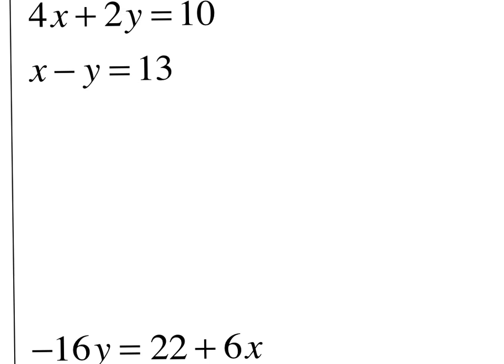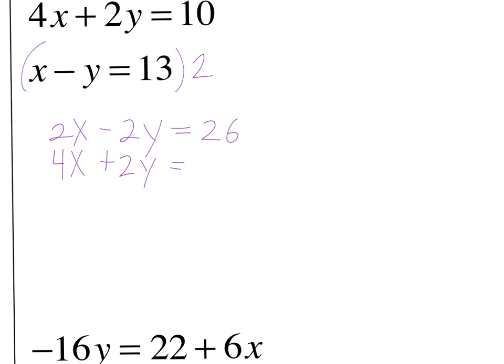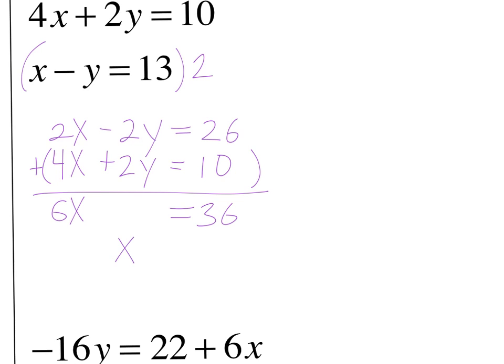Here we've got a system of equations. I noticed that this is pretty well set up for elimination. If I multiply the bottom equation by 2, I end up with 2x minus 2y is equal to 26. Now looking at the top equation, 4x plus 2y is equal to 10. If I add these two equations together through linear combination, we get 6x, 0, and 36, dividing by 6, x equals